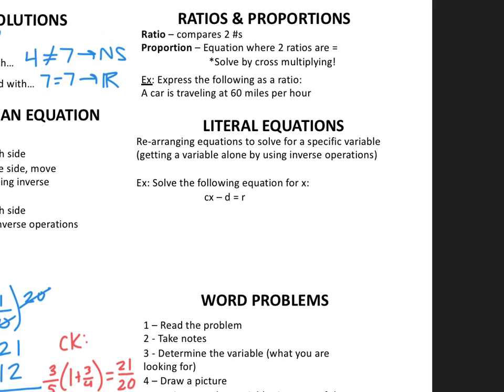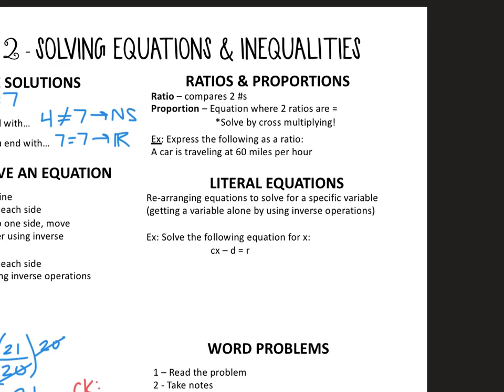Next, we're going to look at ratios and proportions. A ratio compares two numbers, it's a fraction. A proportion is an equation where two ratios are set equal to each other, and you want to solve those by cross multiplying. So for example, you might have the ratio 2/3 is equal to the ratio x over 6,